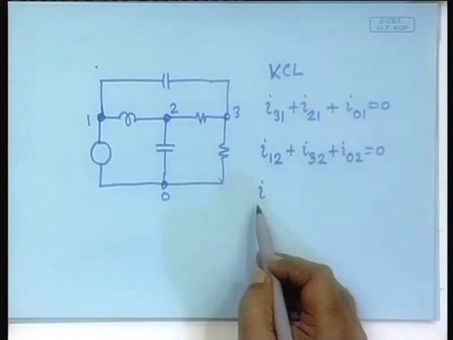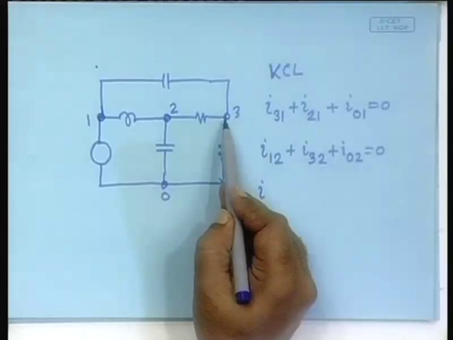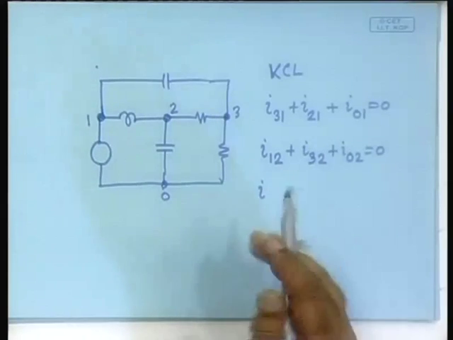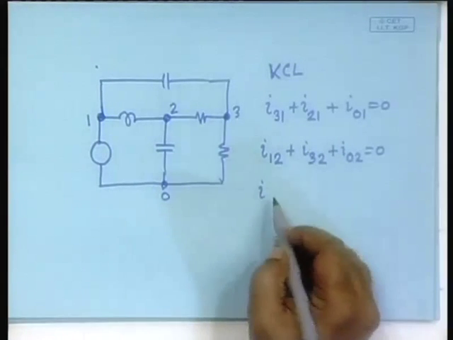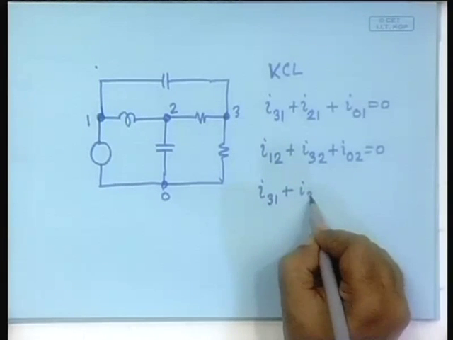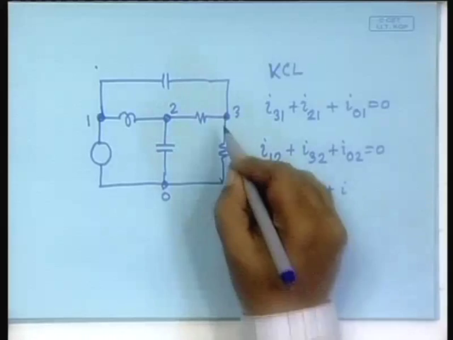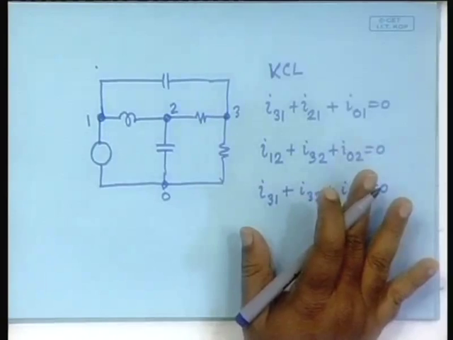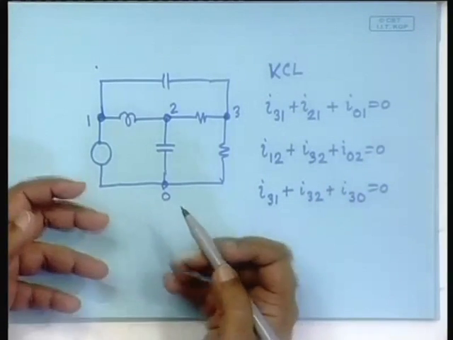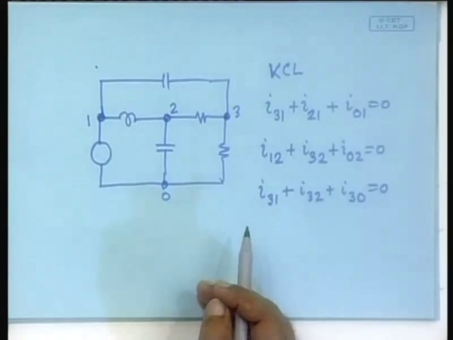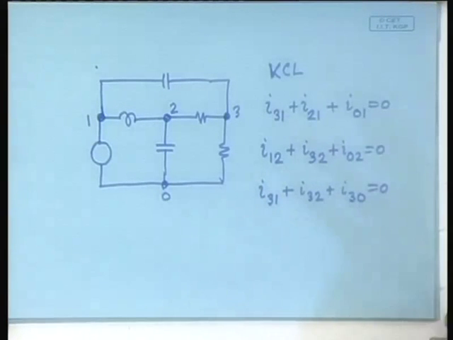Now I can as well write the equation as the currents that are exiting the node interchangeably. So, for node 3 I will write it as if they are all exiting the node. So, it will be I 3 1 plus I 3 2 plus I 3 0 equal to 0. That is all right. So, whether you assume the entering directions positive or exiting directions positive is up to you. You can easily see that if they are all negative, they will cancel off.